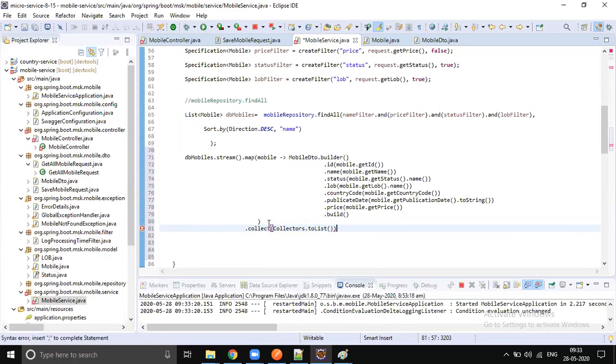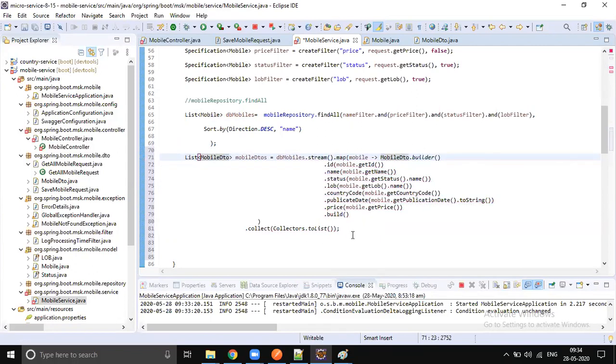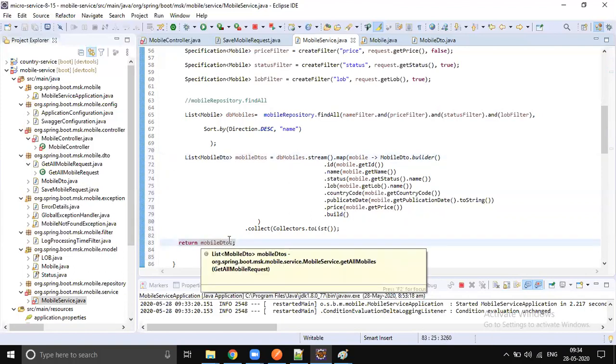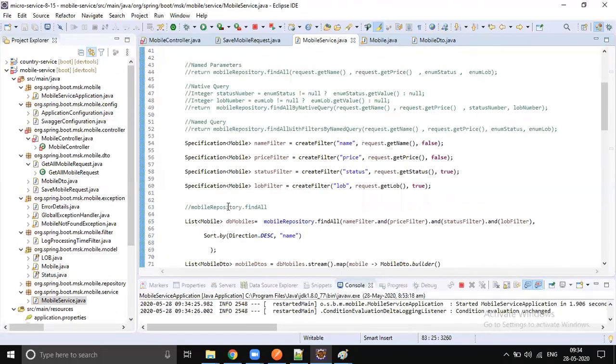So this API is going to return a list of mobile DTOs. So mobileDTOs equals to this, and finally return the converted mobile DTOs. Yes. So this is what we should do.